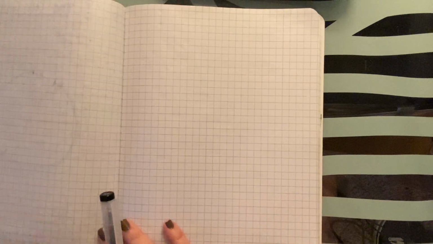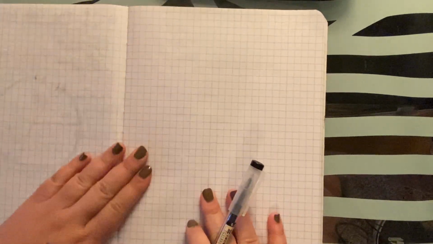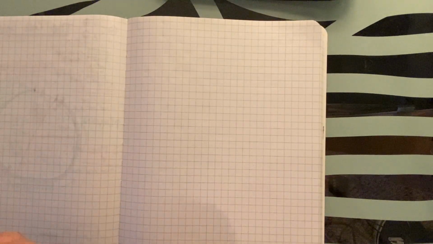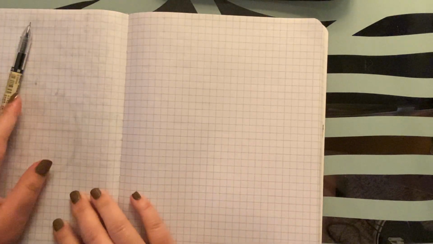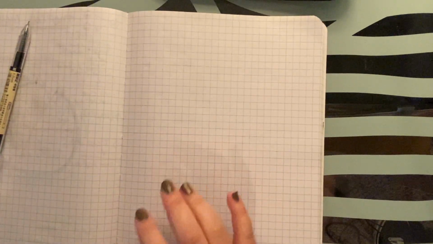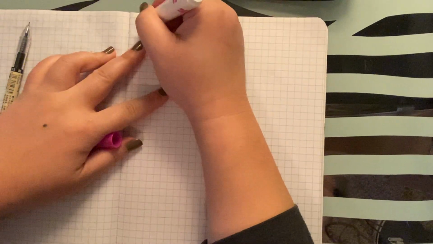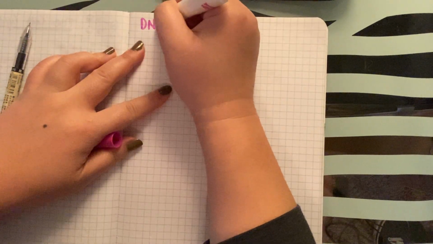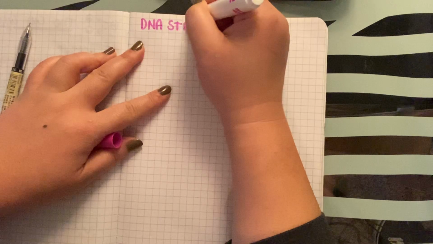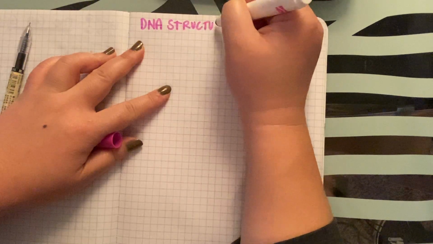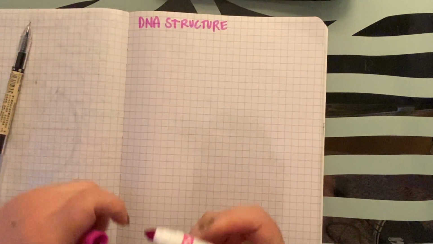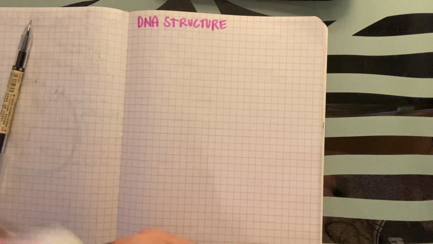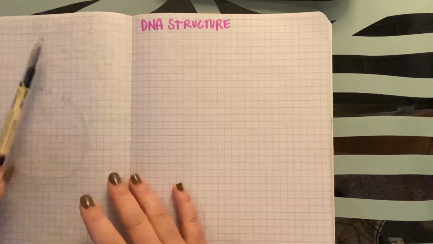But first, you need to know what DNA looks like because we're going to replicate DNA. So you need to understand the structure of DNA. So flip to your next page. Let's title this DNA structure. Wonderful structure. You should know what this means, but it stands for